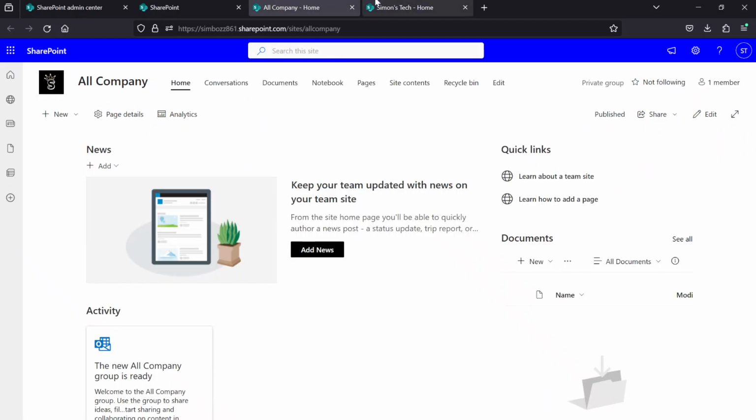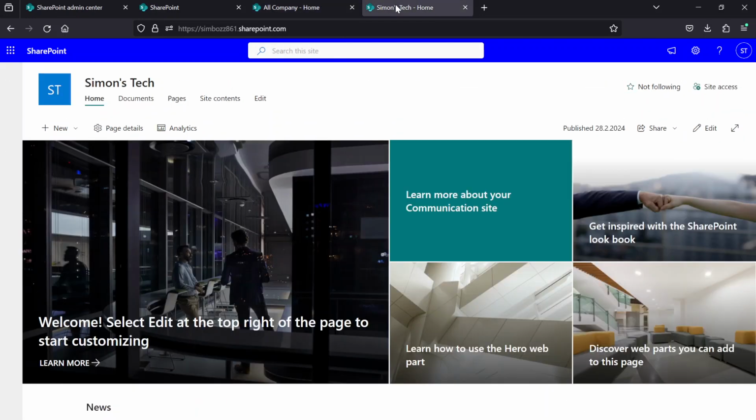So first things, you have to decide which one you want to choose. Now, generally, I would say a communication site is the better option for use as a landing page, right? So when you want to start up with an intranet, start with a communication site and set it up later as your landing page. And I'm going to show you where to do that. And because it has a bit more